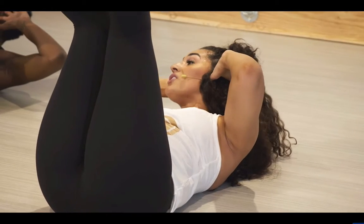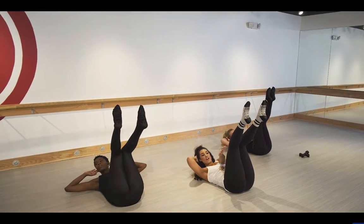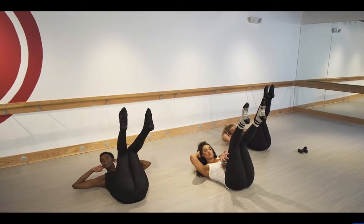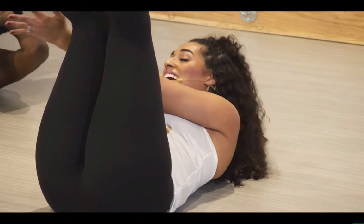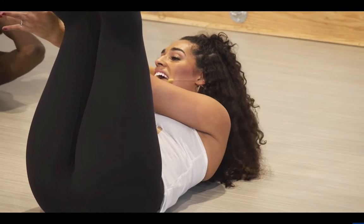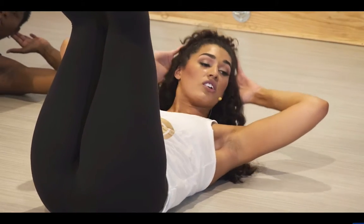Hold it up. Curl it up right here. Just curl right. Curl right. You have the option here to reach that left arm across the chest 10 times. Let me switch sides. 1, 2, 3, 4. Keep breathing. 5, 6, 7, 8, 9, and then turn, rotate to the left, curl left, down center, curl left,